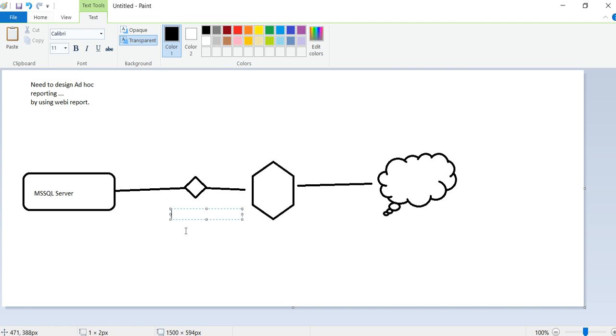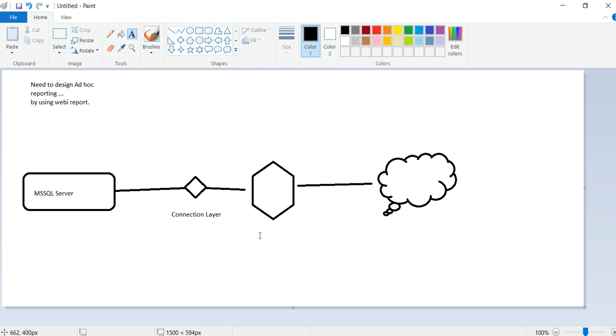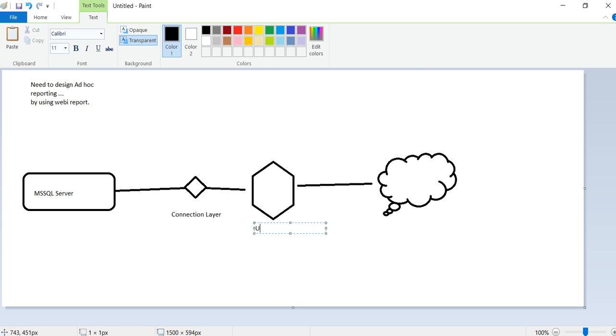So this is your connection layer, and this is your universe or IDT tools, and this is your Webi report.